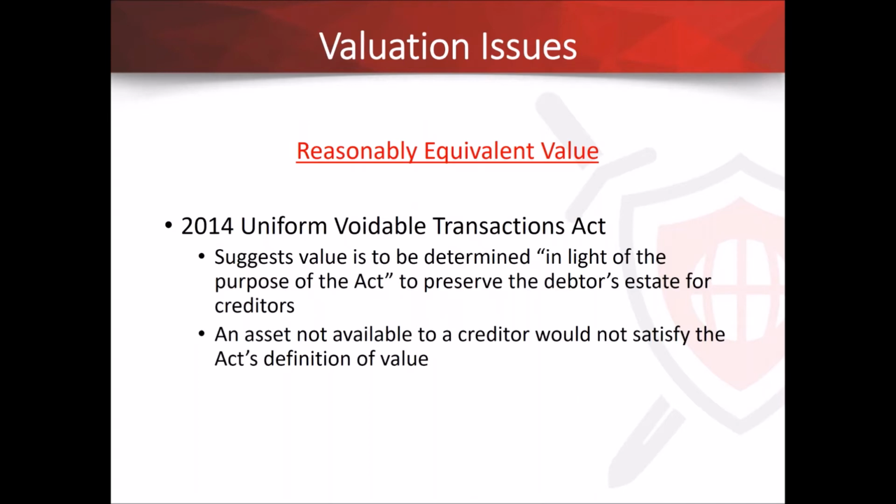Just a note that that act actually has some language in the commentary that suggests that resolves this issue of value, and basically says that an asset that does not serve some utility to a creditor would not be considered reasonably equivalent value. So in the LLC example, trading your exposed cash as a contribution in exchange for an interest in a protected LLC would not be reasonably equivalent value, even though it might be equal value in other contexts. But if the creditor can't attach that asset, it's not going to be reasonably equivalent value.